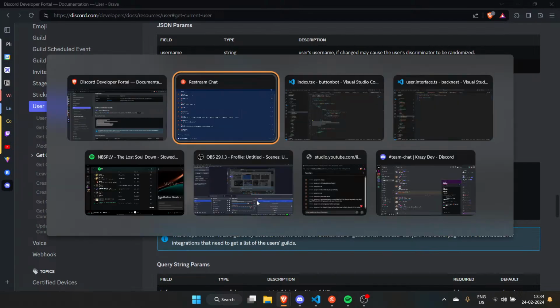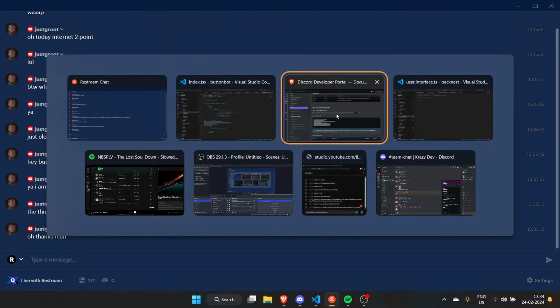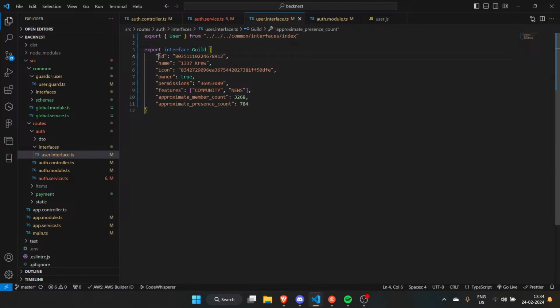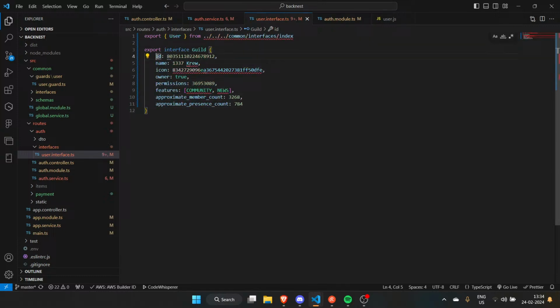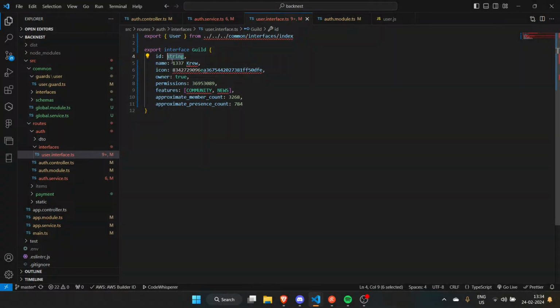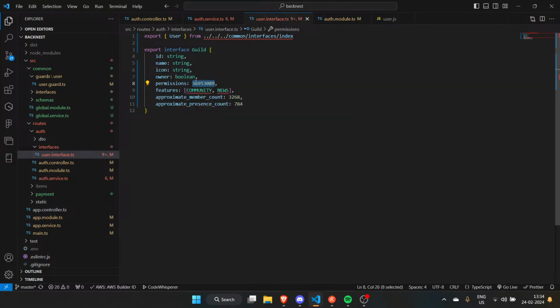Let me just copy all of that. I don't really like all of these, so I'll remove them. Now this is going to be a string. Name is definitely a string. Icon is definitely a string. Owner is a boolean. And then permission is a number, I guess.